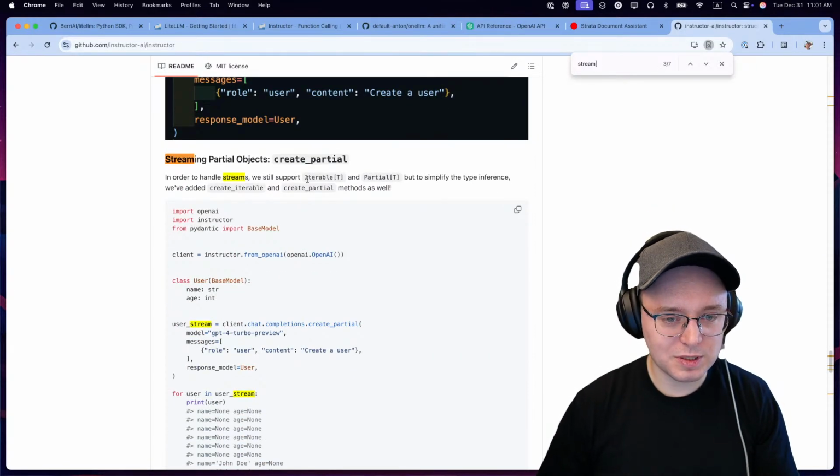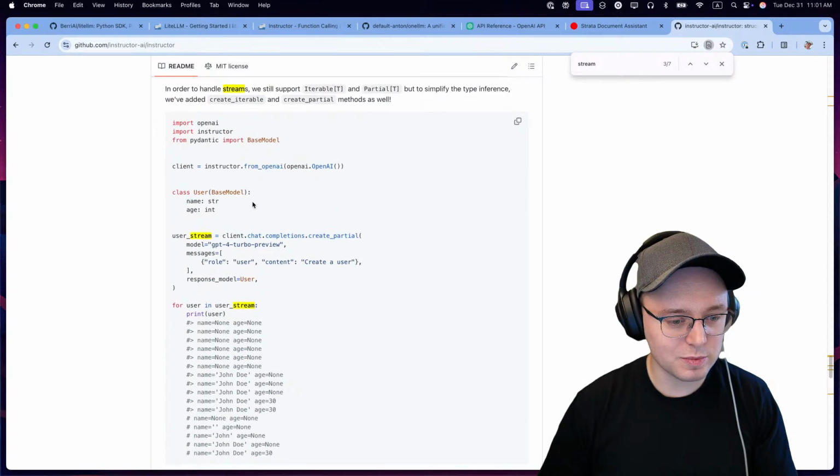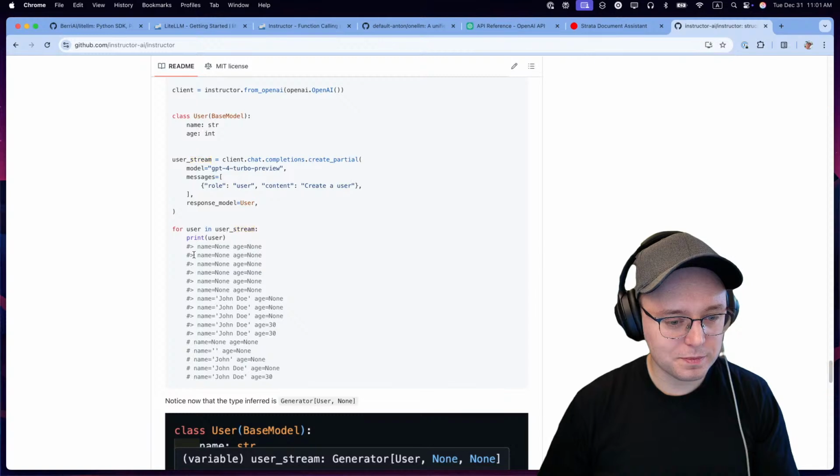In order to handle streams, we still support iterable and partial, but not simplified intertype, even with added create iterable and create partial methods. So they do this, right? User is user stream, and this is basically what I explained. You use structured output, and you want the object to be name and age, and then you say that my user should be name and age, and at any point in time, everything can be undefined, none, whatever, and then once you get the name, okay, now we have name, but we don't have age yet, and this